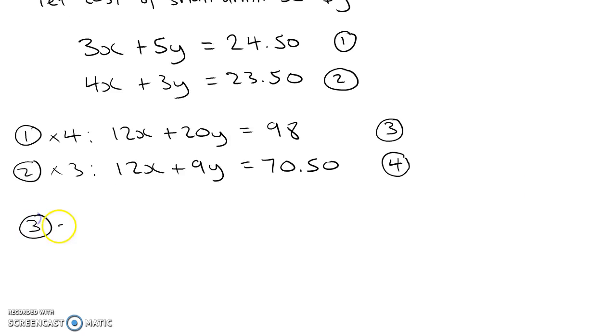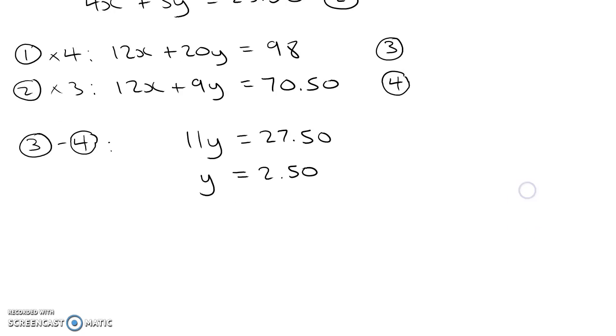So 3 minus 4. 12x minus 12x, those cancel, the x's cancel. 20y minus 9y will give us 11y equals 98 minus 70.5 will give us 27.50. Divide both sides by 11 and we get y equals